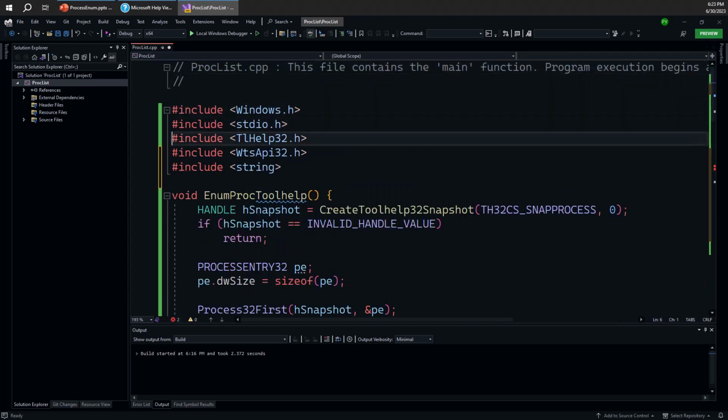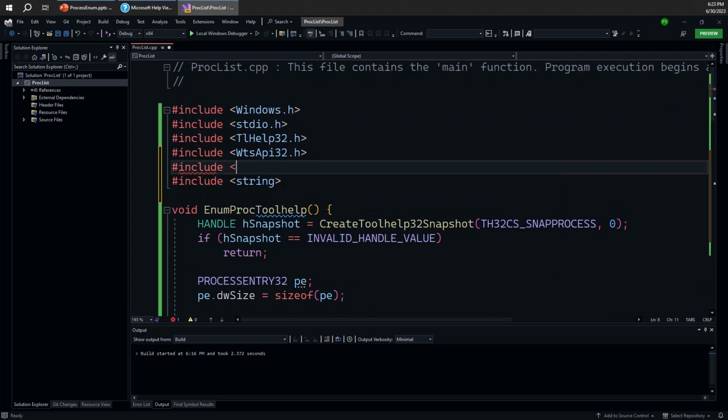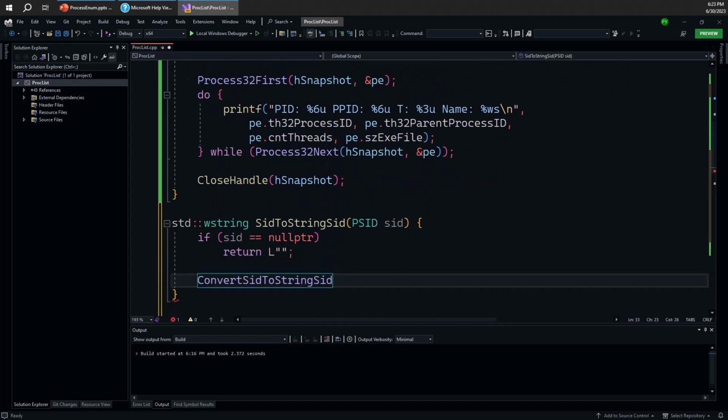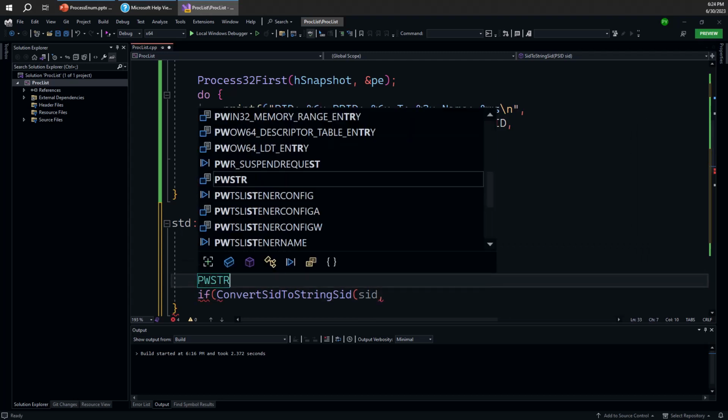However, it is in a separate header, if you can believe it, called SDDL, which is short for Security Descriptor Definition Language, if you can believe that. Anyway, the function is just there, so we have to call that, and we need to provide the seed. Here goes the seed, and then the result is going to be returned to us as